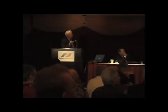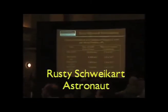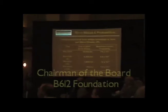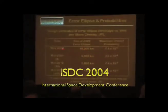Okay, this is the error ellipse in 2029. So what, again, a reminder, what you're looking at here is trying to look at the 2029 close pass and know whether or not it's going to go through a keyhole. All right? So what you're looking at right now is an error ellipse in 2029 that we know now is